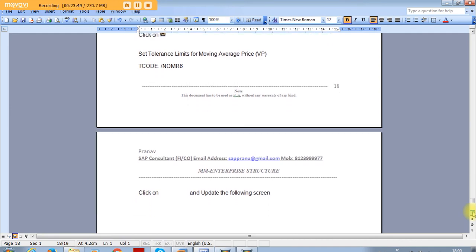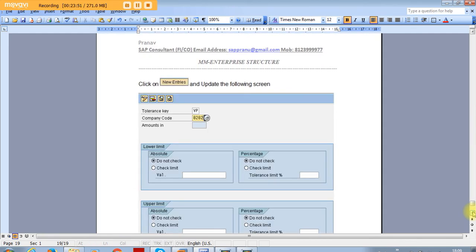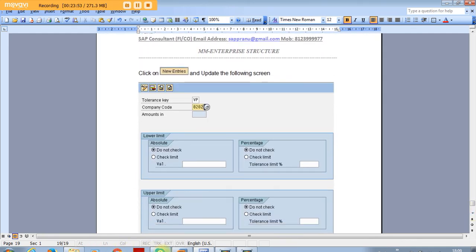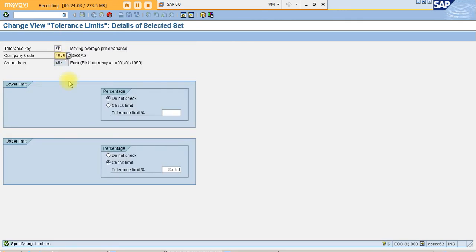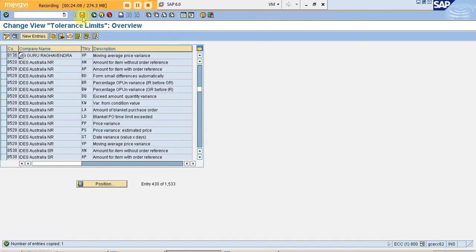That is very important. That is VP. Make sure you select the proper keys. Then click on copy, just enter 8136, then click on save.